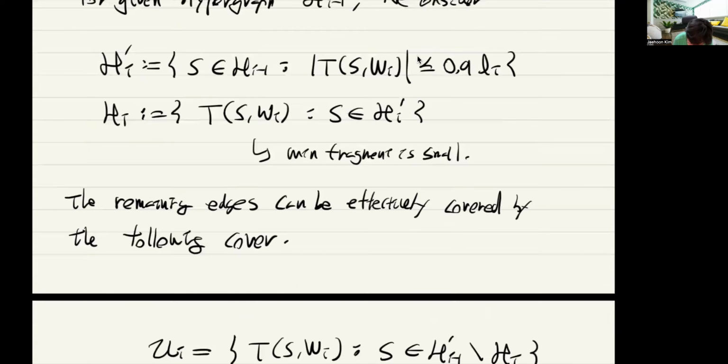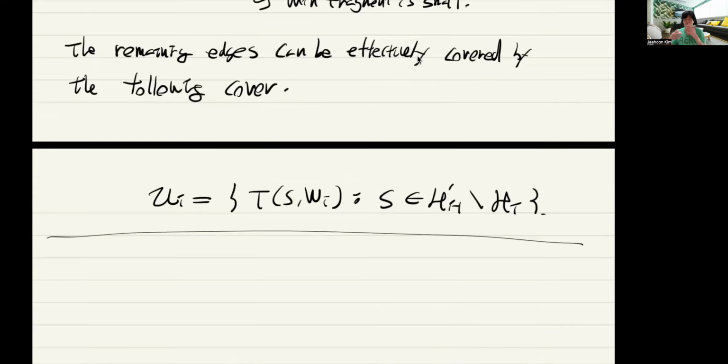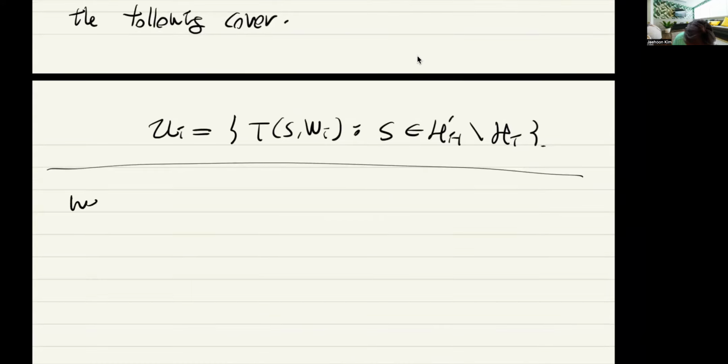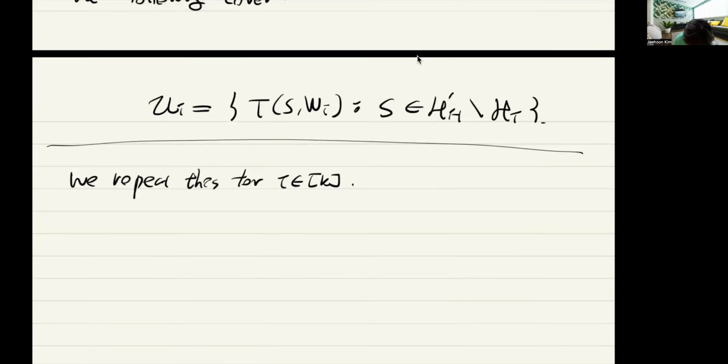So that now defines how this hypergraph evolves over the repetition. So we repeat this for all i from 1 to k. And from the definition, what we know is U_i is a cover, because, then here, for each S, you take this minimum fragment. That means this is from the cover of this. So this is a cover of